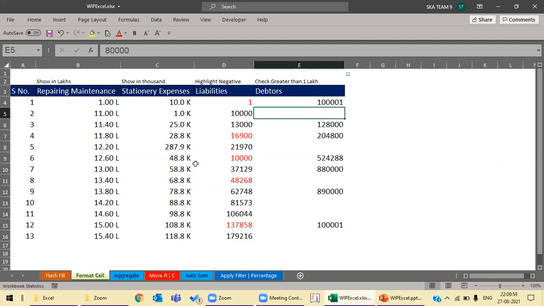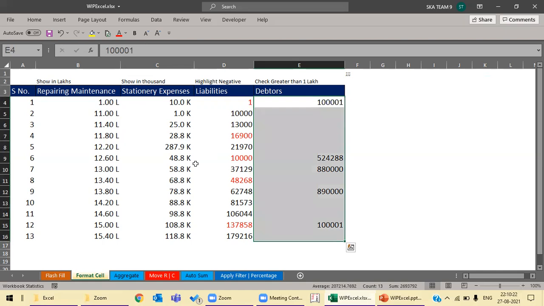The next amount is 80,000, it is hidden, but in the formula bar it is still there. So without deleting the cell, I can format the cell. You see, 1,28,000 is above 1 lakh, that's why it is appearing. If I convert it to 1,000, it will be hidden. If I convert it to 2 rupees, it will be hidden. This is a very effective use of format cells.